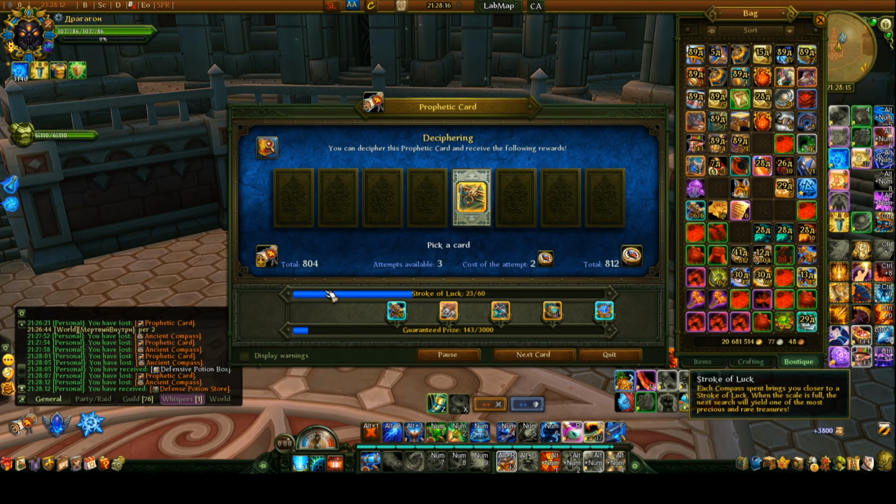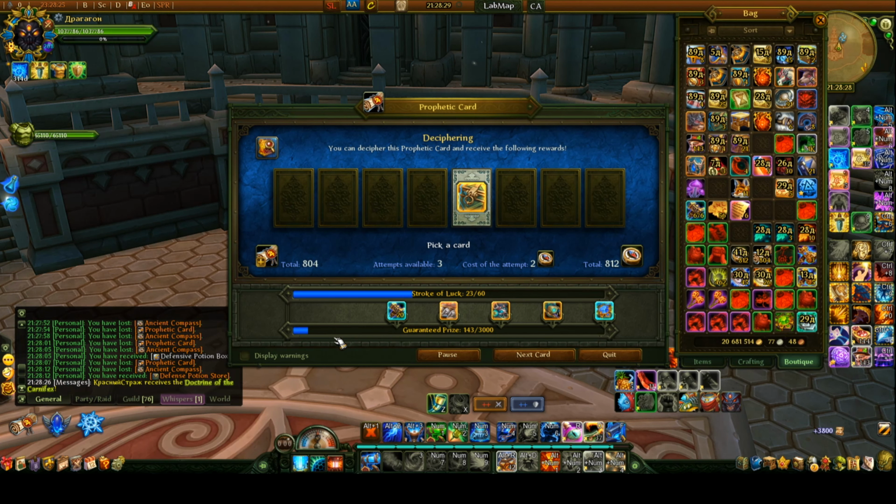What you want to aim for is the stroke of luck to go full, because when you get a stroke of luck full, all the important rewards are lined up, and then you have a bigger chance of getting something good rather than getting points. That's what you want to aim for, really, because by the time you hit the maximum of 3000 points, you're going to have all the important loot already that you wanted to get, meaning all the mounts and all the